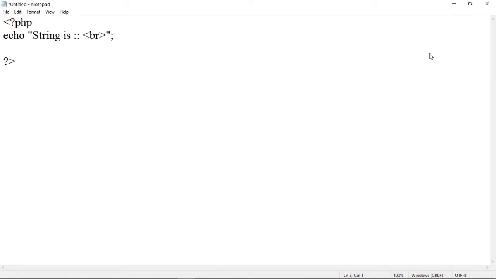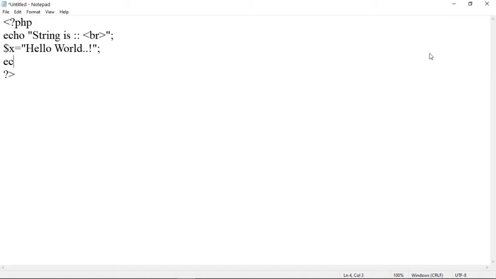After that, declare one variable. To declare a variable, the symbol used is the dollar symbol. Suppose $x is equal to, store any string within it, suppose hello world. After that, a semicolon.